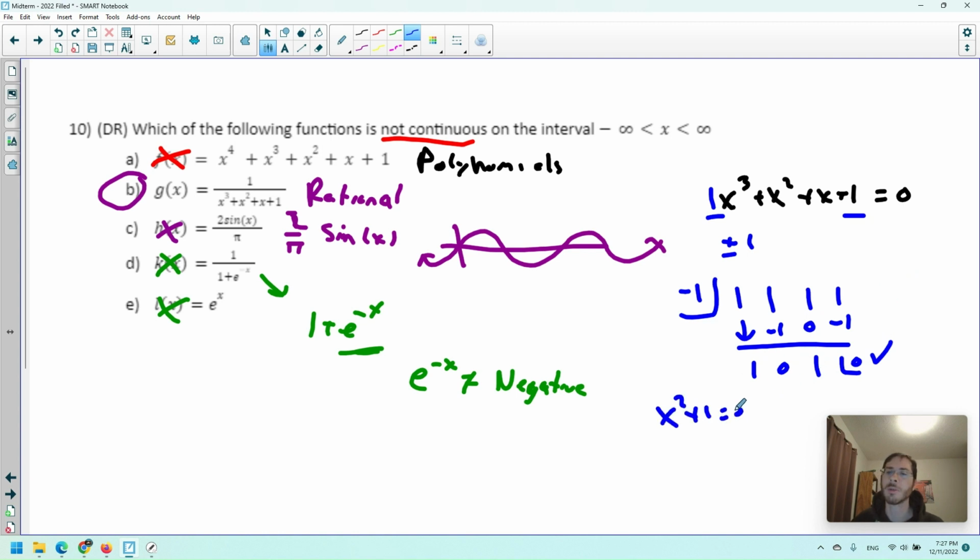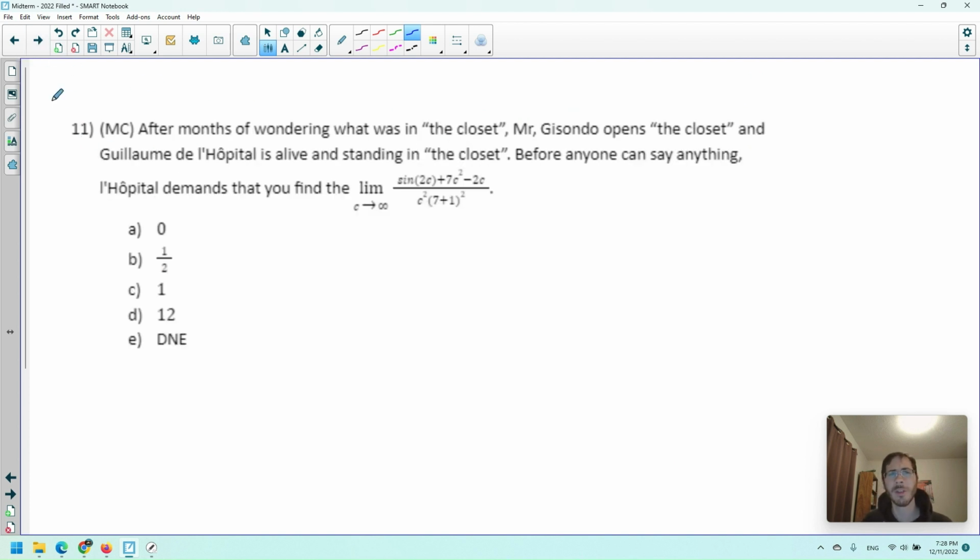X squared plus 1 equals 0. X squared equals negative 1. So x would be plus or minus i. We wouldn't really count those in terms of continuity. But since we do have the one real 0, yeah, it has to happen. So B is actually not continuous. Kind of cool question. Number 11, we have to see if Guillaume de L'Hopital is actually going to have us